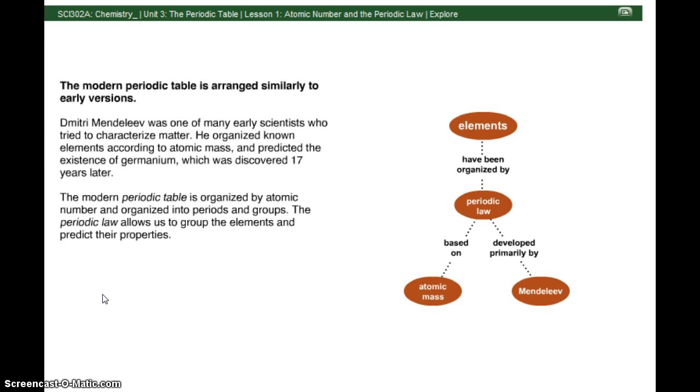So the modern periodic table is arranged similarly to early versions. Dmitri Mendeleev was one of many early scientists who tried to characterize matter. He organized known elements according to the atomic mass and predicted the existence of germanium, which was discovered 17 years later. The modern periodic table is organized by atomic number and organized into